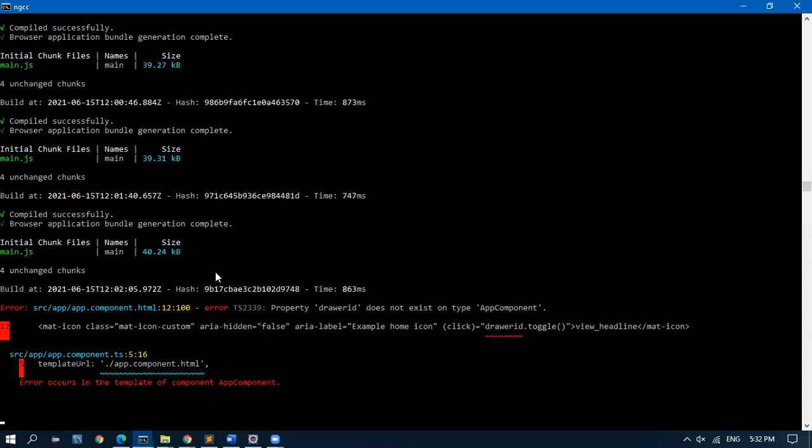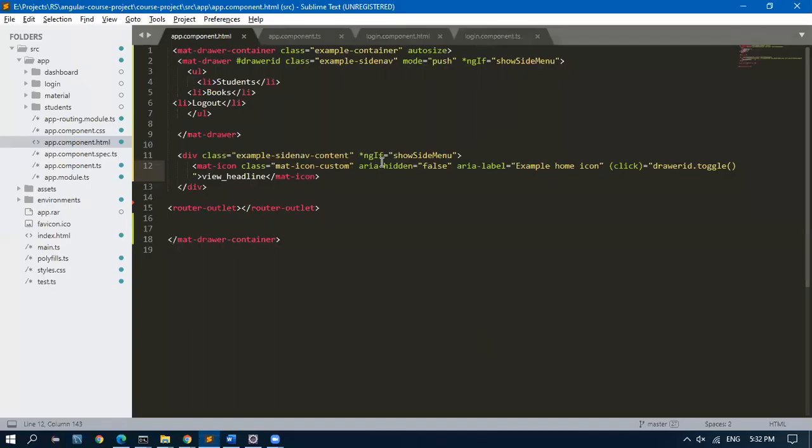What happened? Property drawer ID does not exist. Because it is hidden in this content.